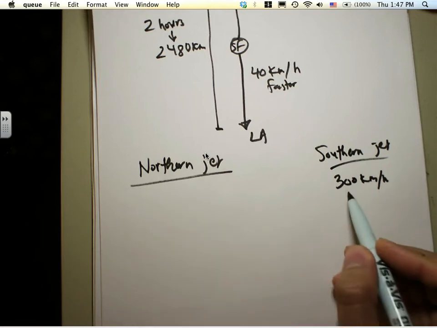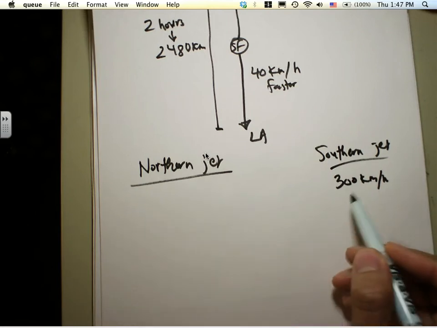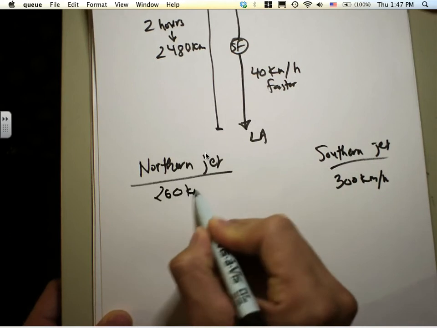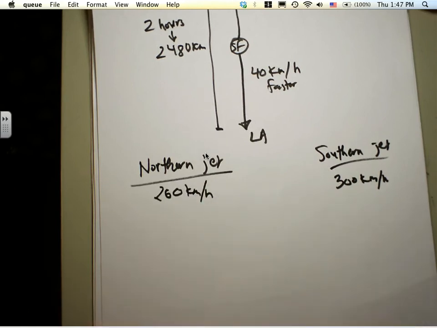If the southern jet is going at 300 kilometers per hour, 260 kilometers per hour for the northern, right? Is there any problem with this? No. Okay. Now,